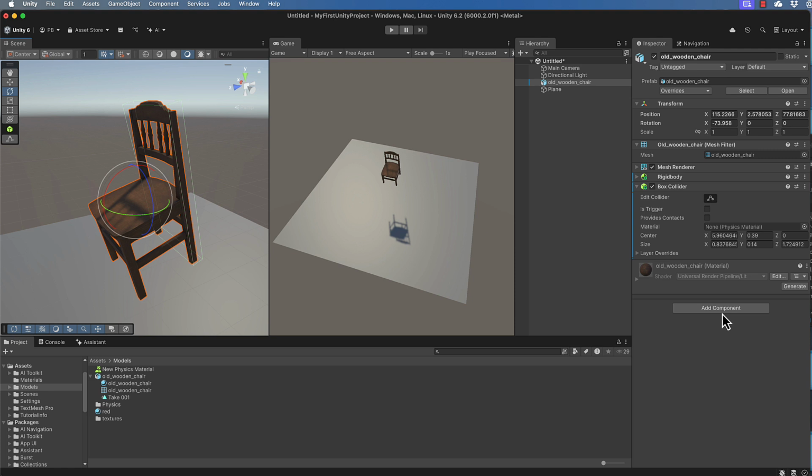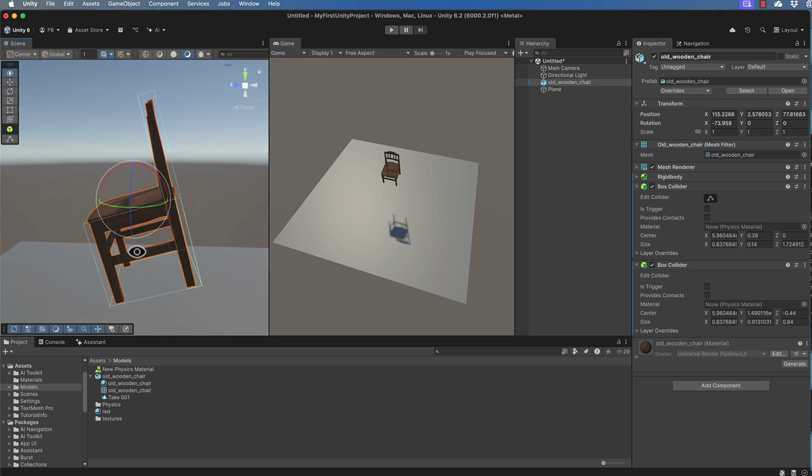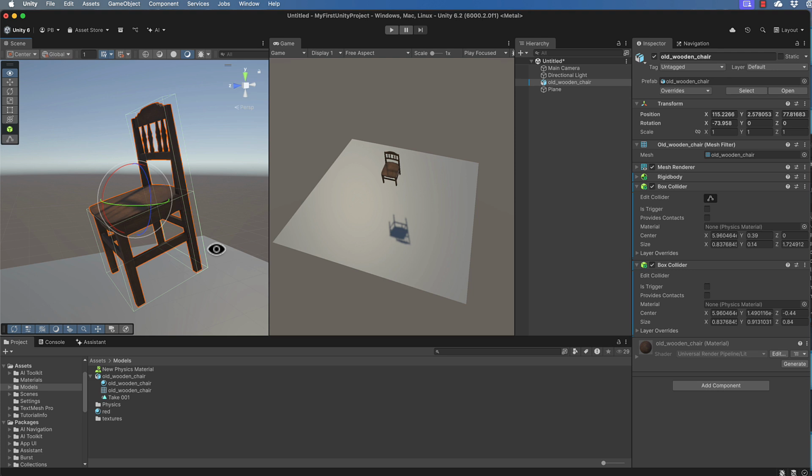Now we can add another box collider. So let's just add a box collider here, which is now over the whole chair again, but we only want it to be down this bottom bit. So we want to restrict its size, which I think is in the Z, yep. And then we're going to move it down. And we've basically covered up that chair in two parts, but still way more efficient than a mesh collider,